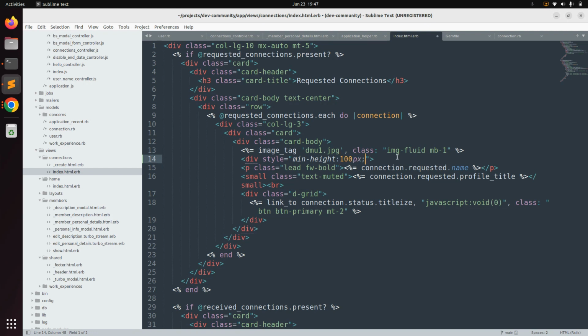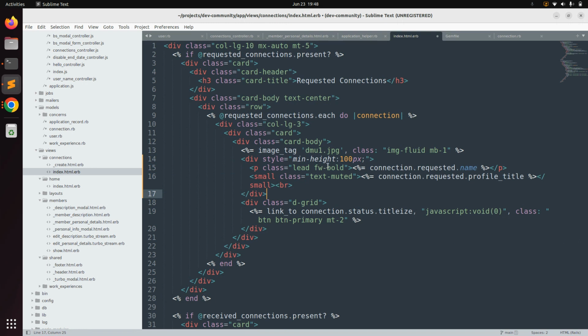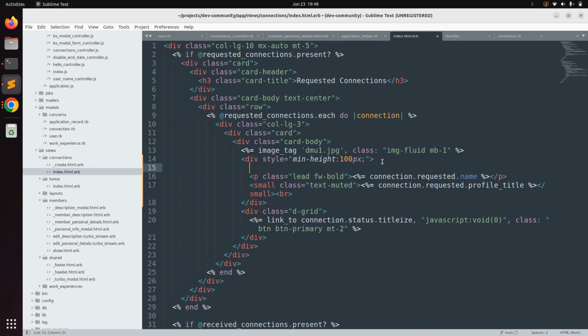Okay, and now we need to place this paragraph and a small tag within the div element. Okay, and end this div here. Okay, and now we can add link to this p tag. So what we can do here,